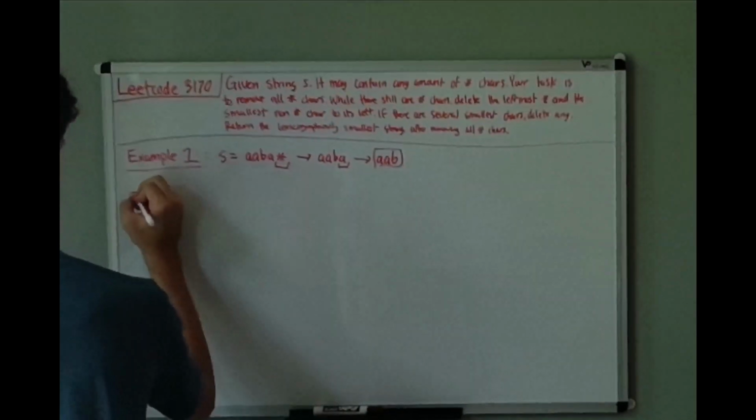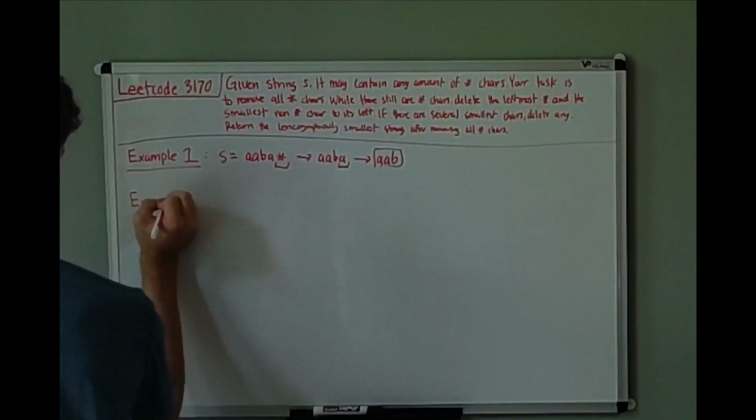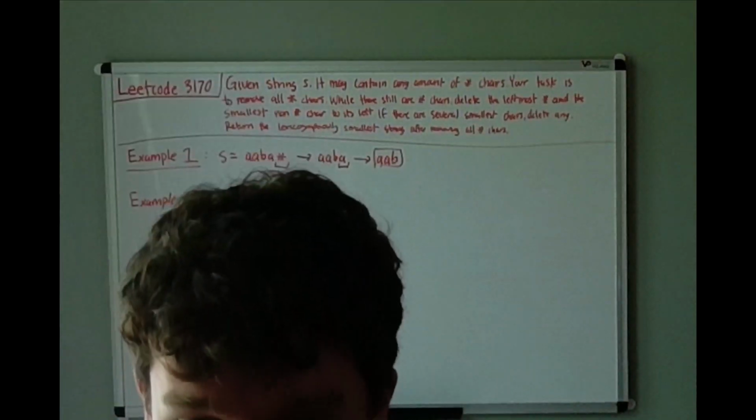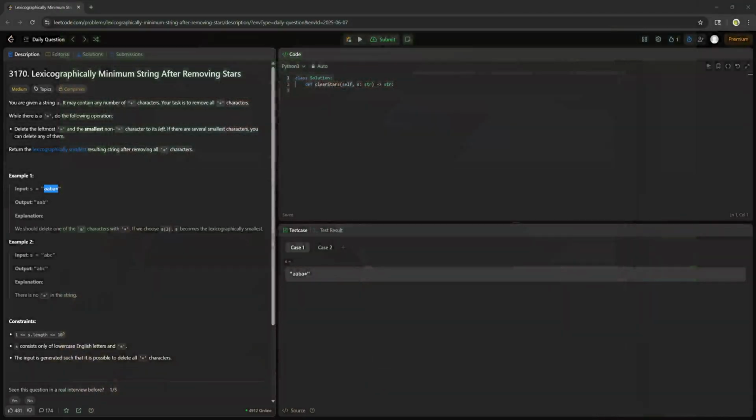Example 2. Let me just switch screens so you guys can see this. Example 2 is ABC, and obviously there's no star in ABC, so you just return ABC. And I think that's an edge case you can handle at the start just to save time. There's no star in the string, yeah. So I believe